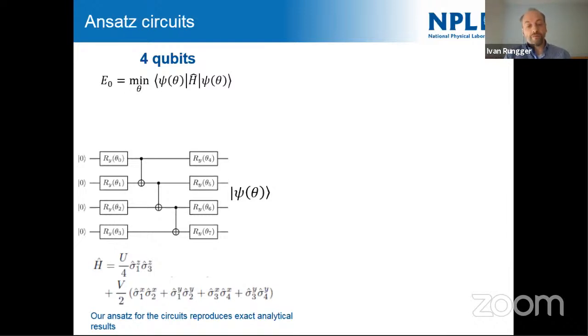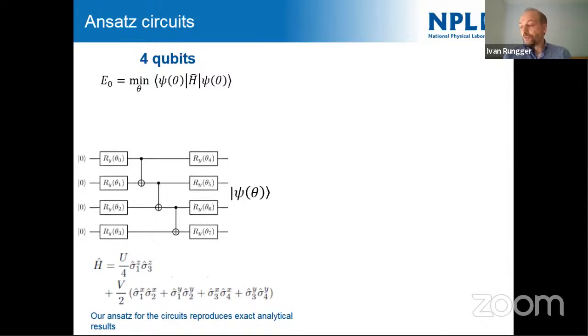When we extend this now, for example, to off-particle-hole symmetry, the Hamiltonian gets more terms, and we have tested that as well, and we find that actually we can again get the exact analytical energy, but we need to add one more rotation, for example, here in the middle. So with this circuit, we can cover essentially the whole space for particle-hole symmetry and off-particle-hole symmetry. So in principle, this was just a matter of running on the quantum hardware, which we did.